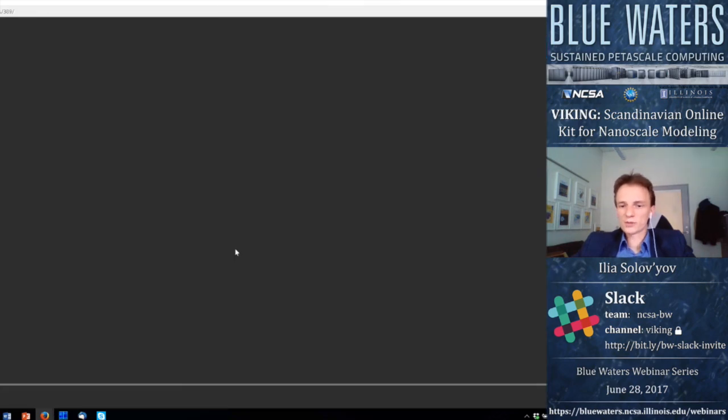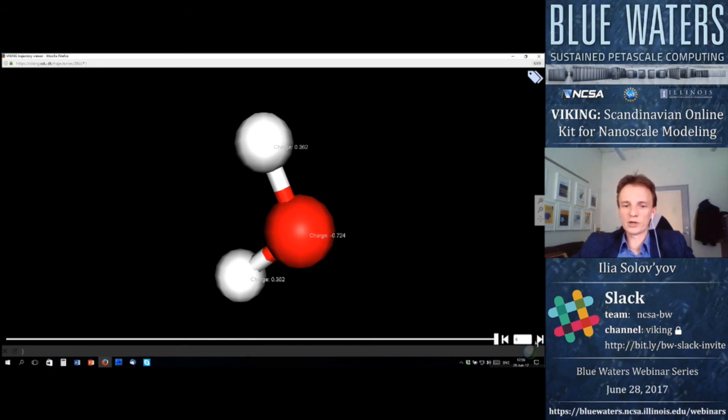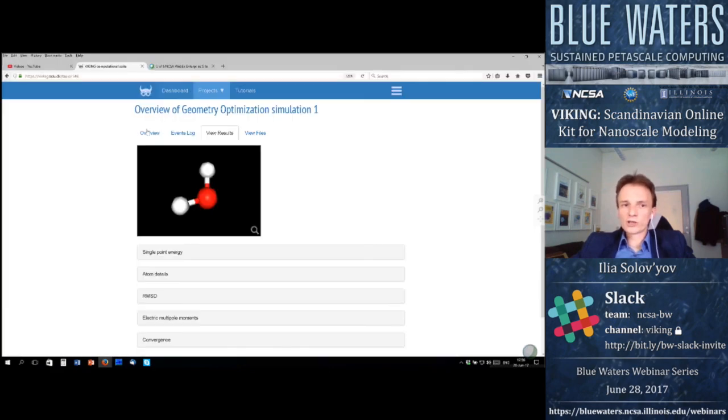again, and we have the possibility to visualize how the structure of the molecule was changing while I was performing the structure optimization task. So you see some atoms moved a little bit. But now, if I would like to use